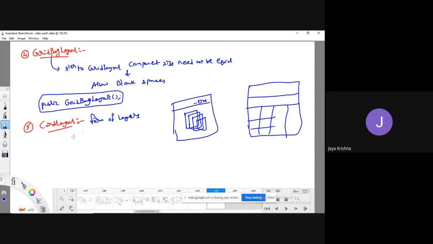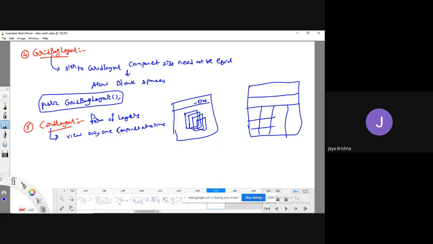Meaning that, when you want to view only one component at a time, then I can go for card layout. In card layout, each component is treated as one card.